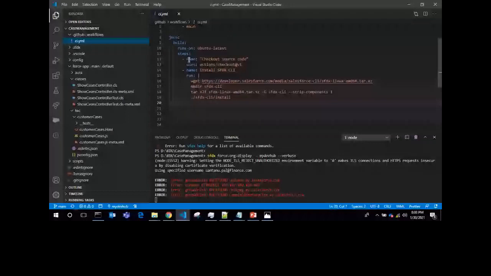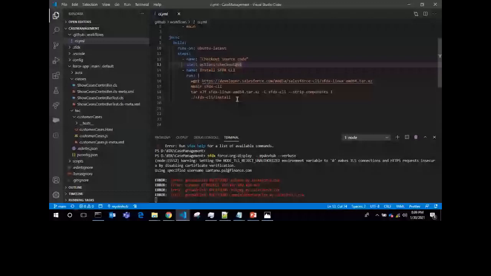So I can write one by one. First of all, I have to install the SFDX CLI, just as you installed the SFDX CLI on your machine. In the same way, I have created a virtual machine called Ubuntu latest, which is Linux. Now I have to install the SFDX CLI, so I write install SFDX CLI and mention some path. Don't worry about the ci.yml file. We will share the ci.yml file so you can get hands-on with GitHub workflow actions.